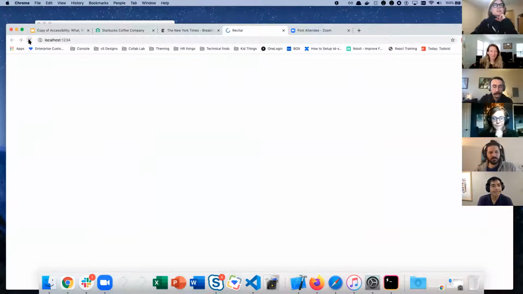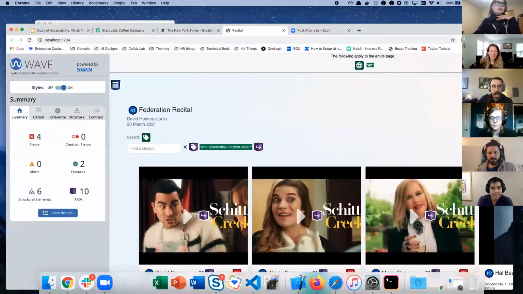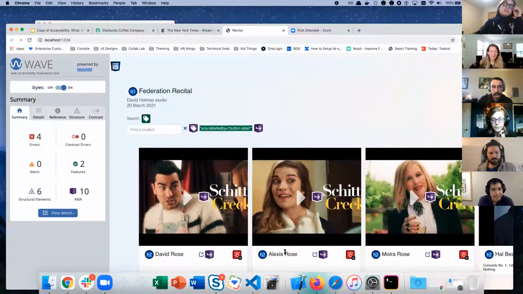All right, let me refresh one more time just to make sure. Okay, so I have an error on the page now, so you can see how it helped me remediate it. So let me hit that again. 4 errors, okay? So when I ran the accessibility checker, it was giving me this error because I wanted to switch this,